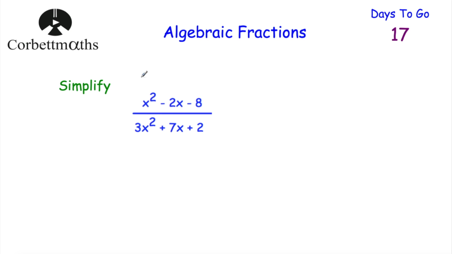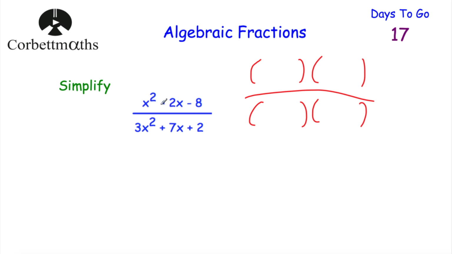This time we've got a slightly harder quadratic on the denominator, so feel free to press pause now to simplify this fraction. Again, we want to factorize the numerator and factorize the denominator, so let's factorize both and see what we get. In terms of the numerator, we've got x squared, so we're going to go for x and x. We want two numbers that will multiply together to be minus 8 and add together to be minus 2, so